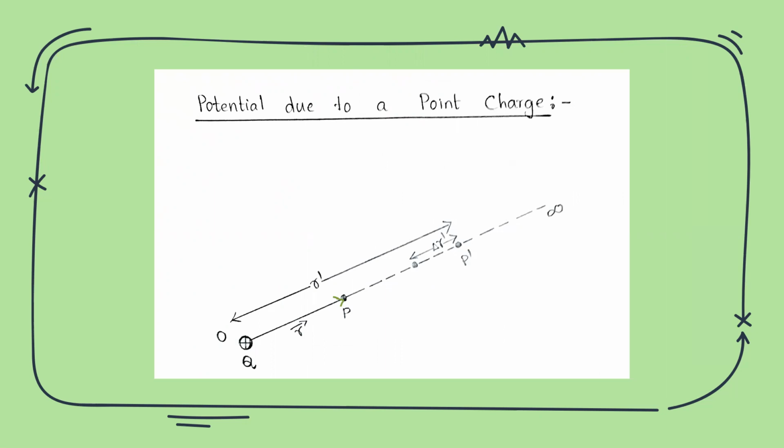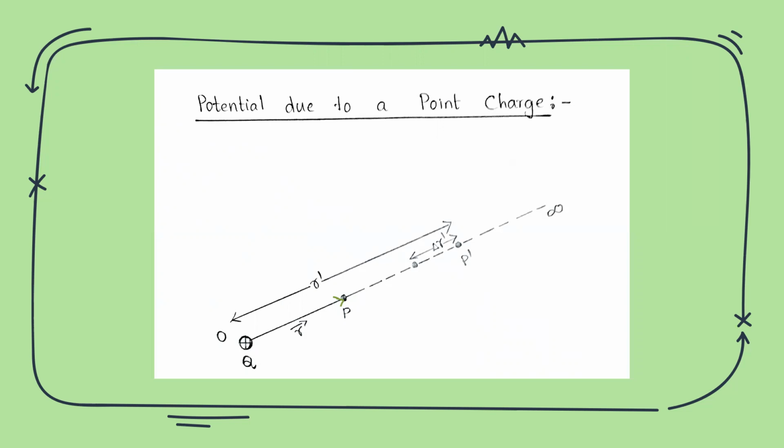This is the derivation: potential due to a point charge. So potential due to a point charge, we have to derive the expression now. Here, if you see in this figure, as usual, like earlier what I told, capital Q is a big charge